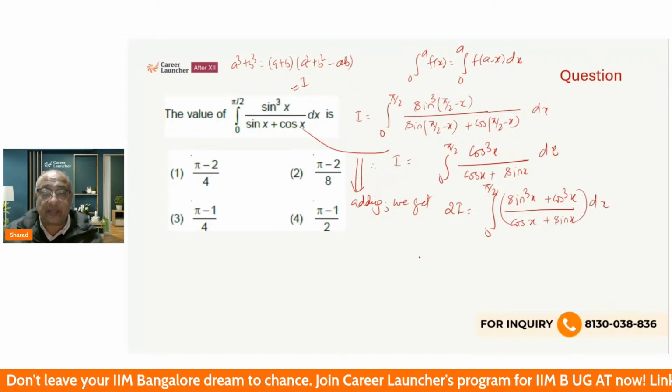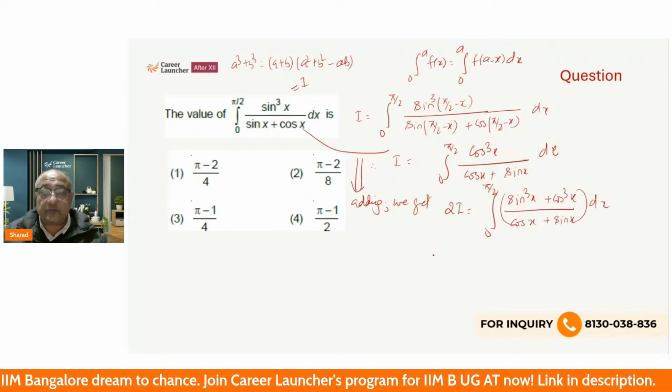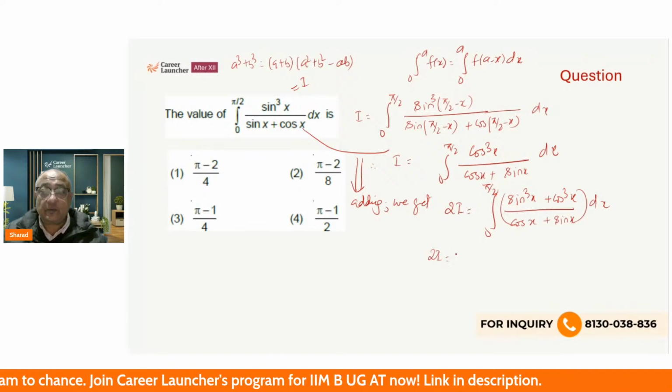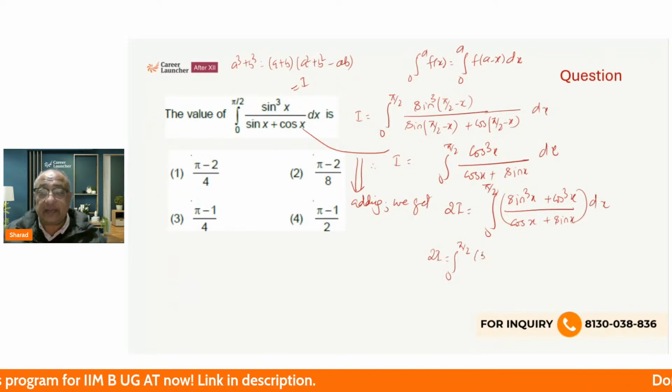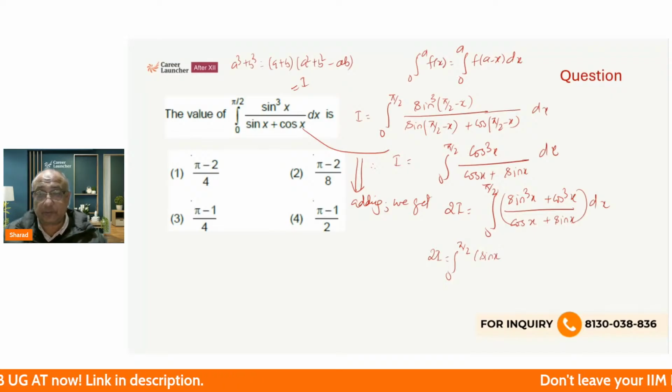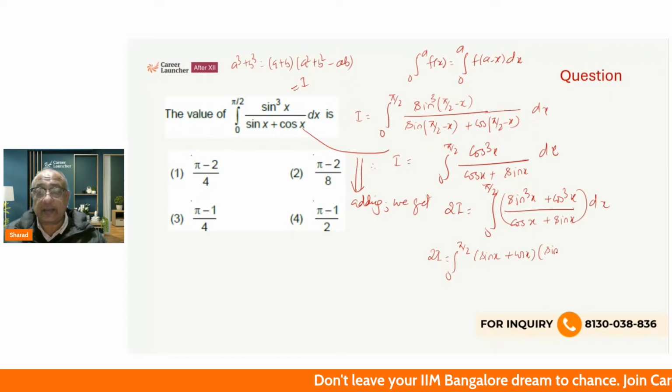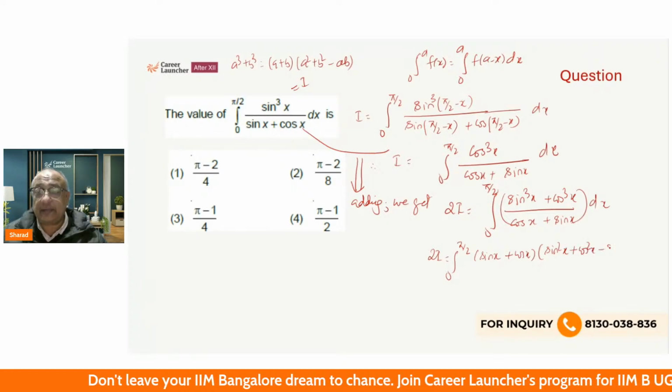So the same thing I'll use here. So I get 2I is equal to integral 0 to pi by 2 of (sin x plus cos x) into (sin square x plus cos square x minus sin x cos x)